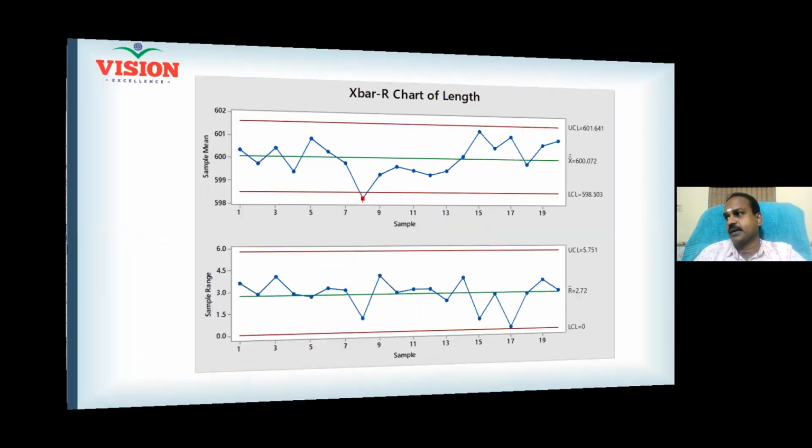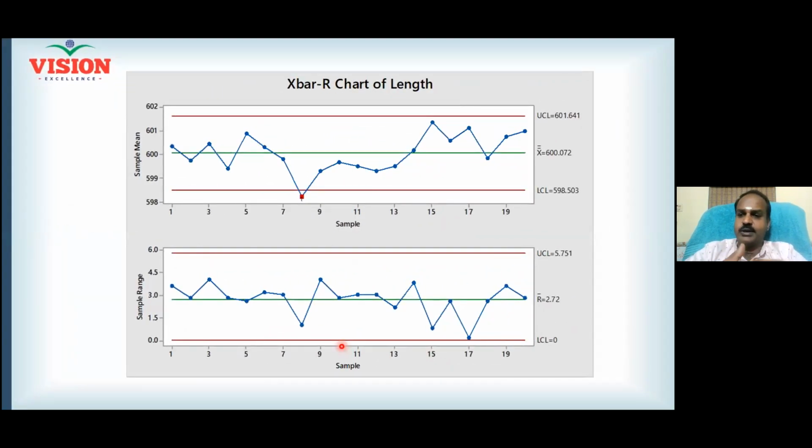Right? And now you need to look at both control charts together. This is the one you plotted first. This is the X bar chart. This is the one you plotted next. Now looking at this, what you understand is the R chart is under control. R chart under control means the variation within batch is under control. But the X bar chart is out of control. It means the variation between the batches is out of control.